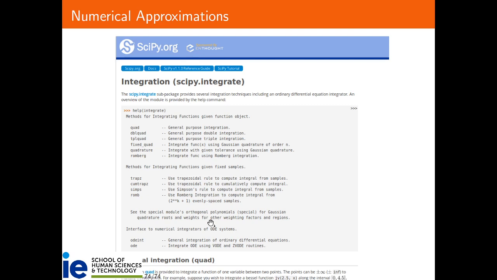So this is just one of the libraries that, for example, you may find in Python, which has many approximation rules to compute integrals. So this was just a very brief overview of integrals that I hope